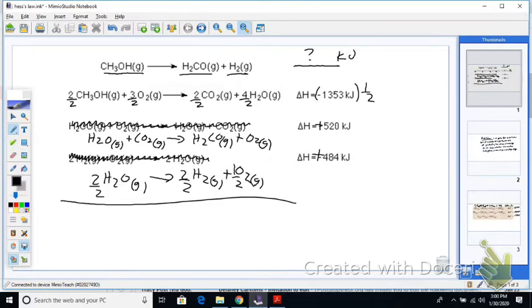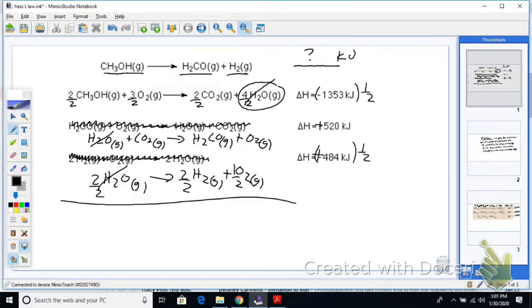So I've got to take this times the 1/2. We'll do the math later. What's most important is to see what can cancel out. I cannot show any waters. Do the waters cancel out? Over here I have how many? 2. And I have 1 here, and I've got 1 here. So they cancel out. Good. Get rid of water.